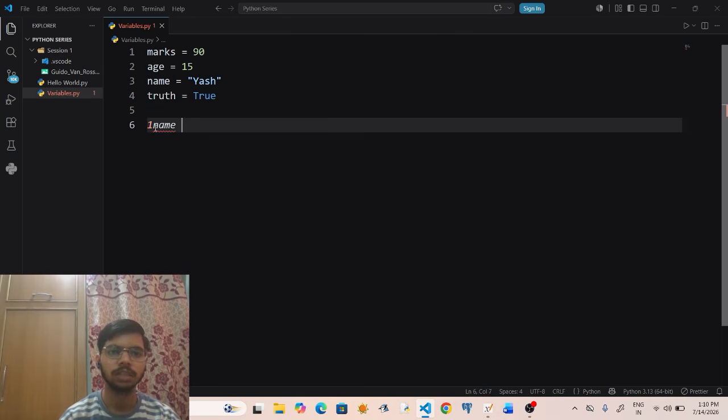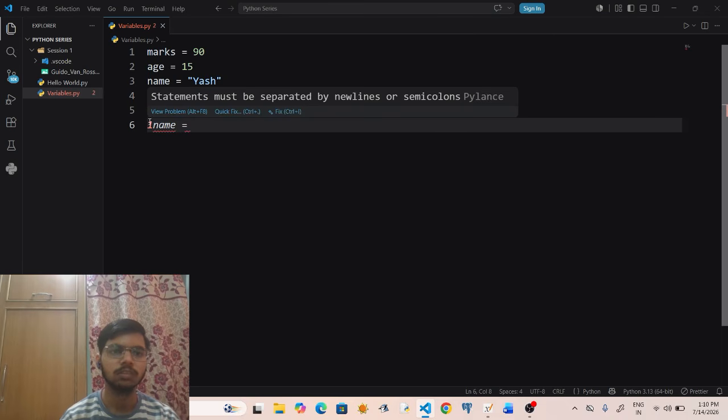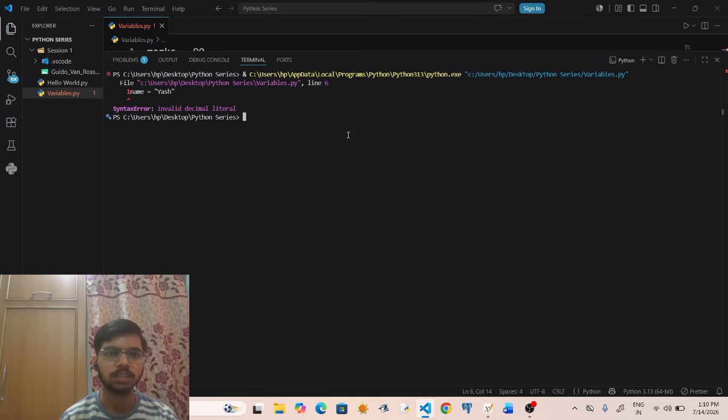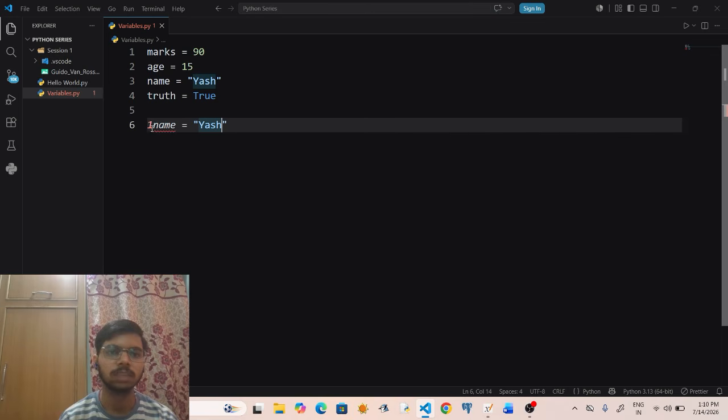See, from the beginning it has started giving a red symbol. The color has changed to red because it is not correct. Is equals to yes. And let me run this program. It will give an error. See, it is saying syntax error because you know that the variable's name cannot start with a number.